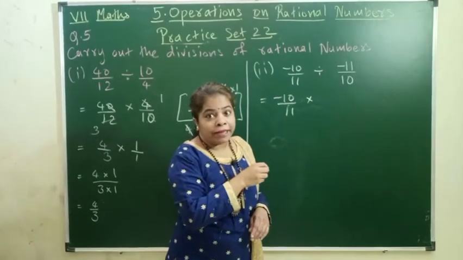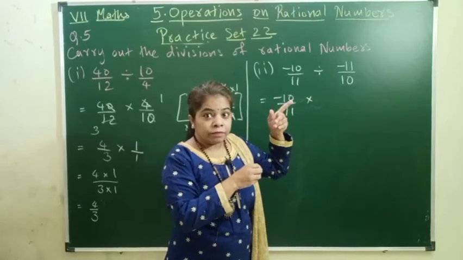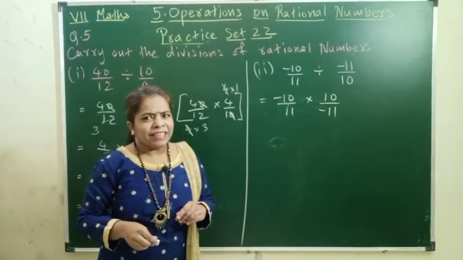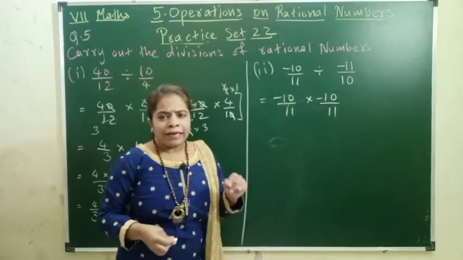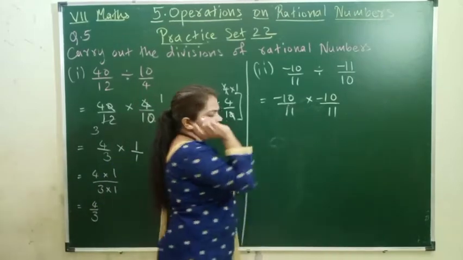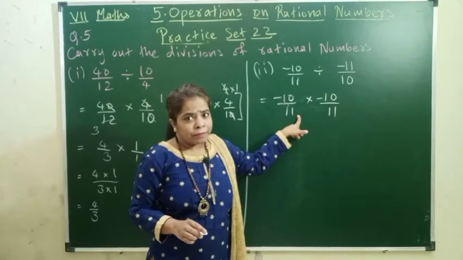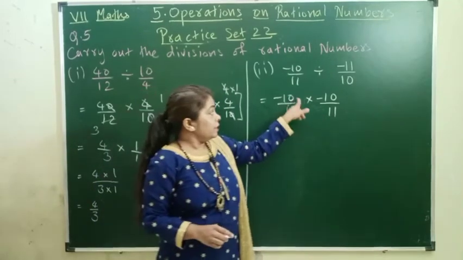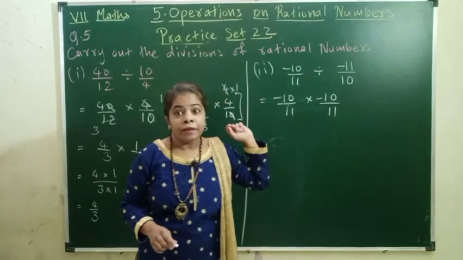Division will change to multiplication, and the second fraction, which is after division, will also change. We don't take a minus sign with the denominator, children, so I will take it up. It doesn't matter, that sign is to the whole fraction, not to the number. Now children, anything is getting cancelled this way? No. 10, 11 don't come in same table. This way? No. 10, 11 don't come in same table. This way? No. They are not getting cancelled. This way also they are not getting cancelled.